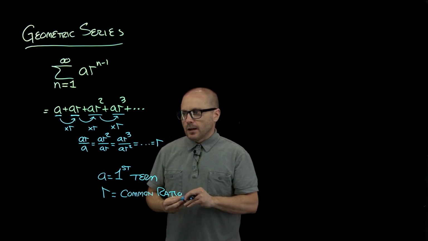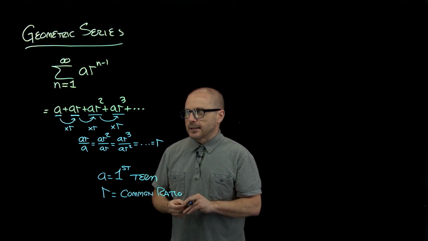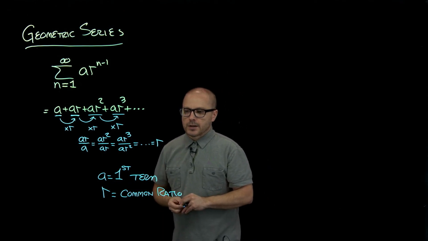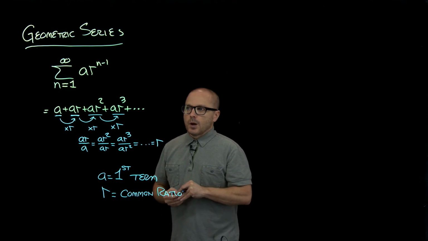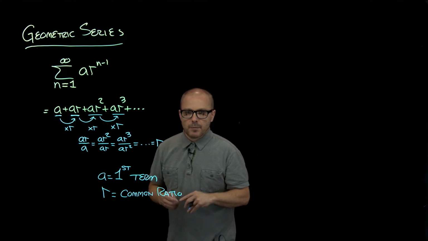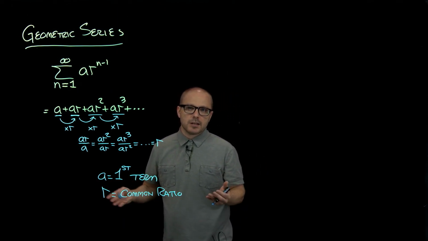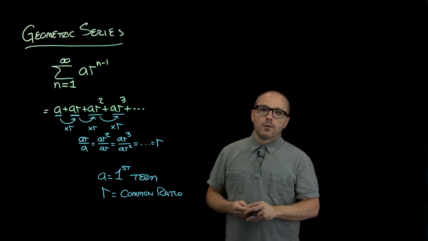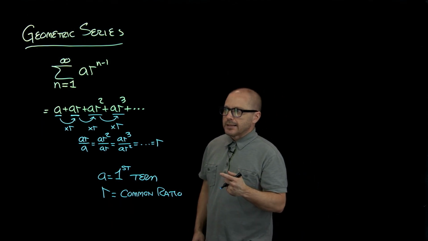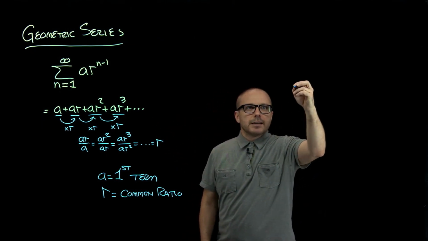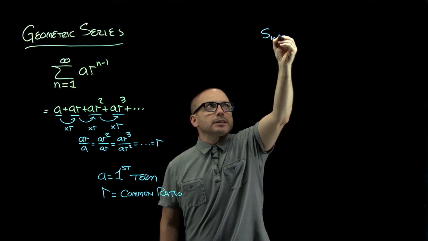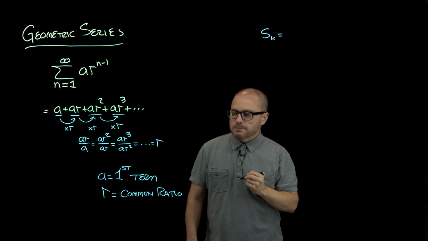All right. So what I want to look at is under what conditions does this series converge and under what conditions does it diverge. So I want to try and figure out a formula for the partial sums, because remember, that's really the definition of convergence and divergence is based on the partial sums. And the nice thing about geometrics is I can find that formula somewhat easily. So let's write out what is the kth partial sum. So if you add up the first k terms here,